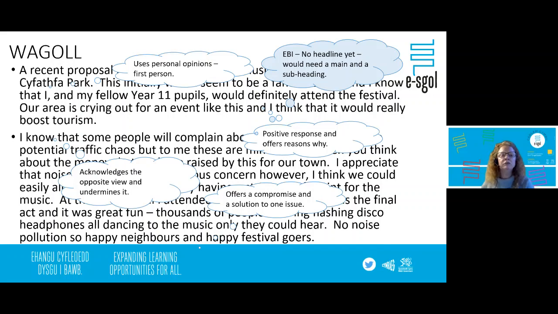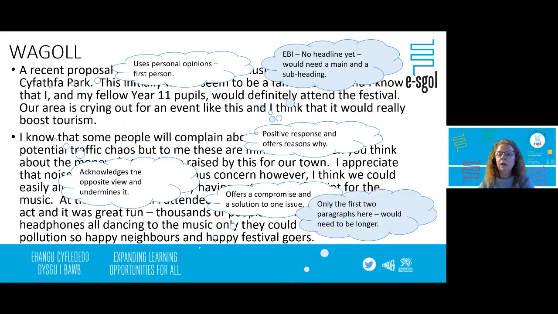So what would they improve? How could they improve it? This candidate didn't put a headline on their article. So in order to show that it's an article, put a headline on it. You could have a main headline and a subheading. They also would need it to be a lot longer. Obviously, this was an extract from it. There were 3 more paragraphs to this one.